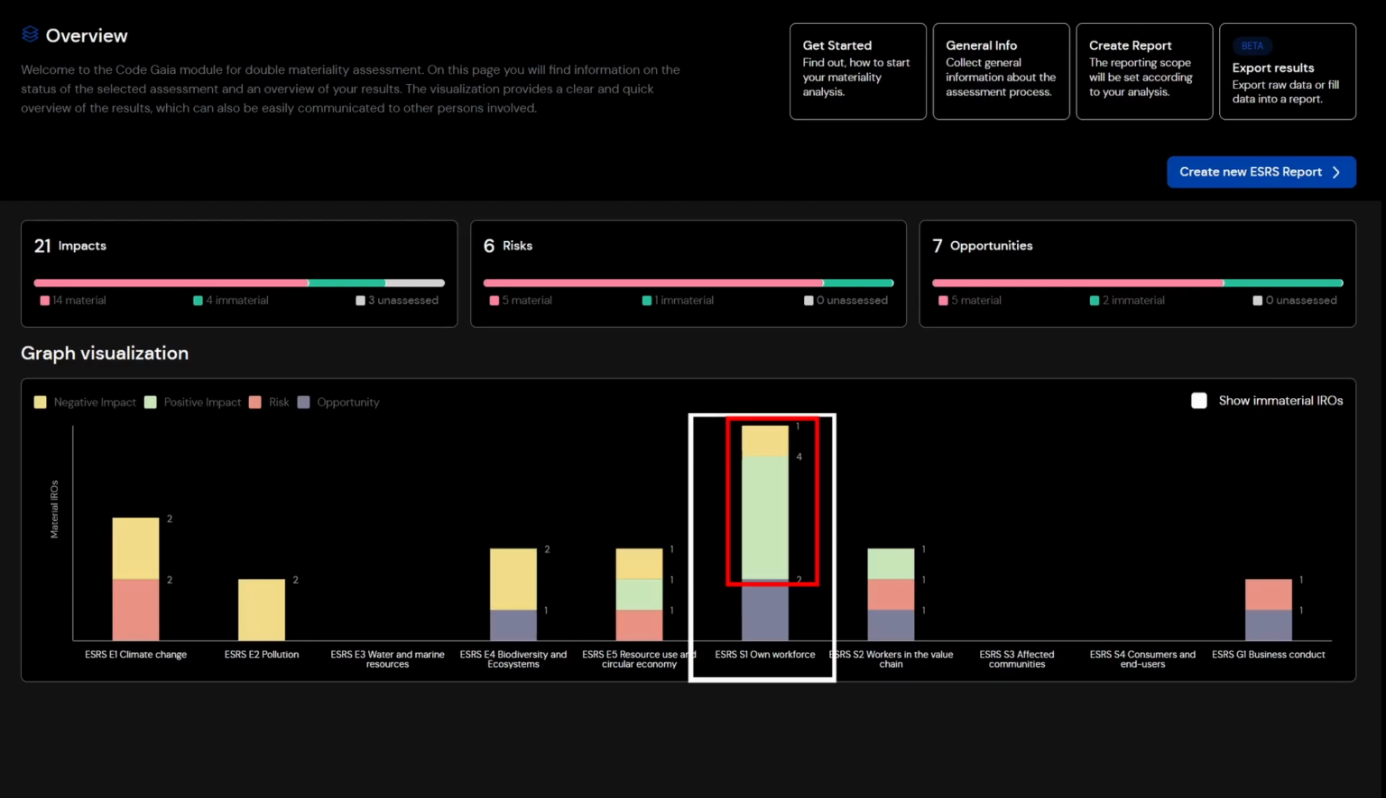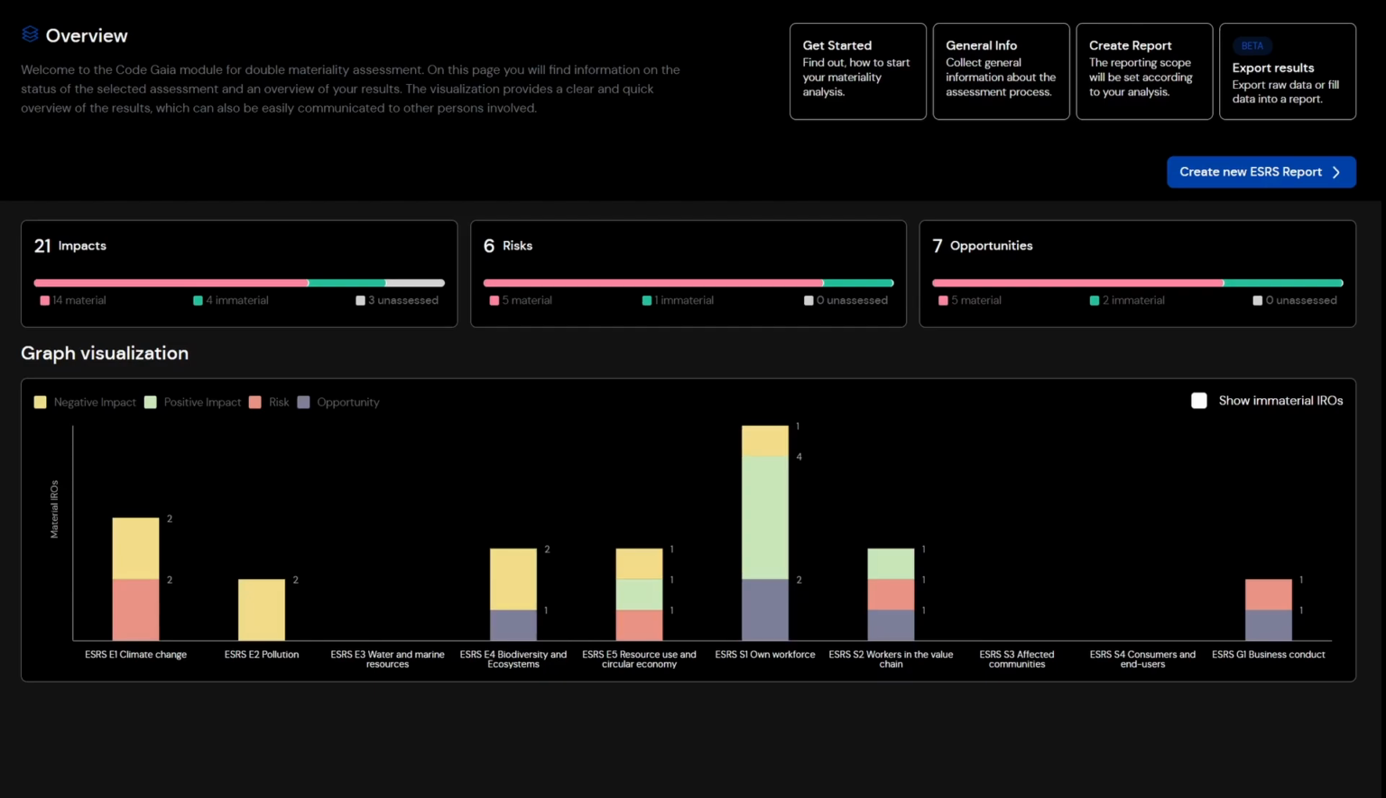There are 5 material impacts, both positive and negative, and there are 2 material opportunities. So we know here that the weight of the materiality across the entire topic is heavier impact than it is financial. Now, this specific piece of information can be a little misleading because it is always entirely possible that a